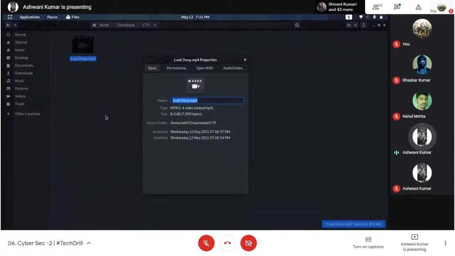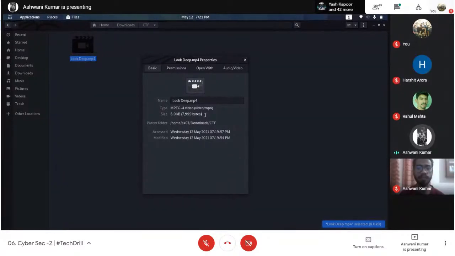I can see the size of the file. Metadata is data about the data. So maybe this is a folder, and I want to retrieve the data about the data. I'm seeing the size of this, and the type is MPEG. With the size you can judge that this is not so small. Even a test file has a good amount of data, and even that is bigger than this size, right?